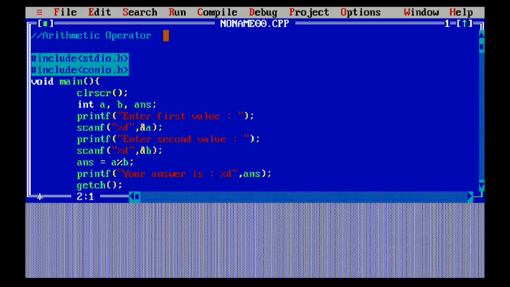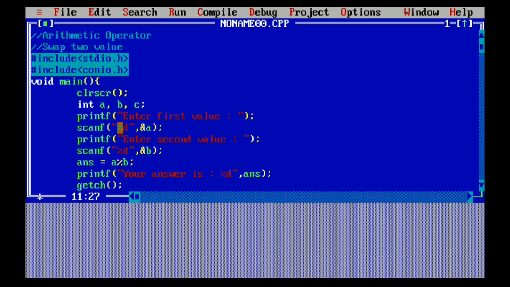Now I'm going to show you a swapping program. Swapping means interchanging the values. You can interchange two values. So now I am going to use another variable c.